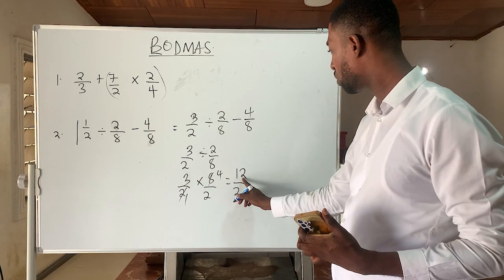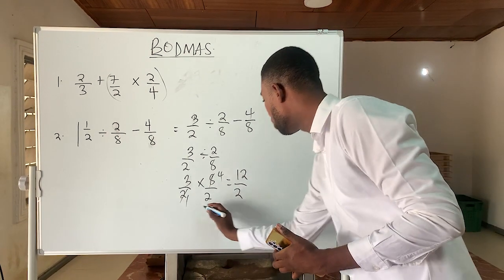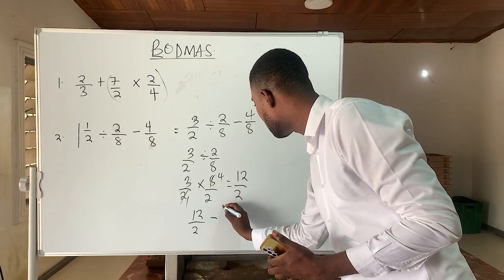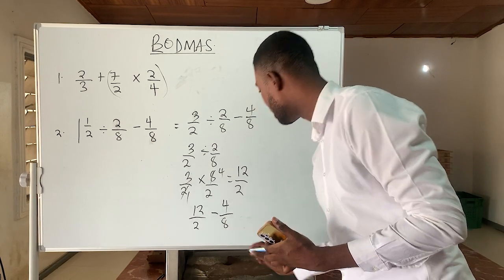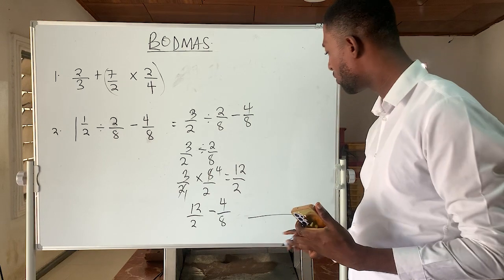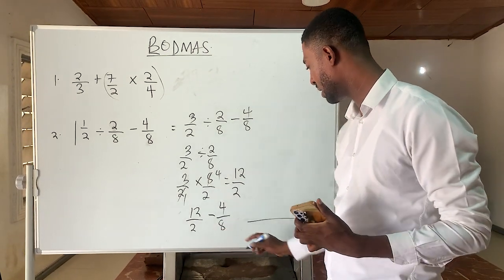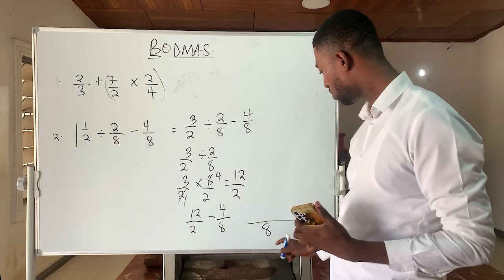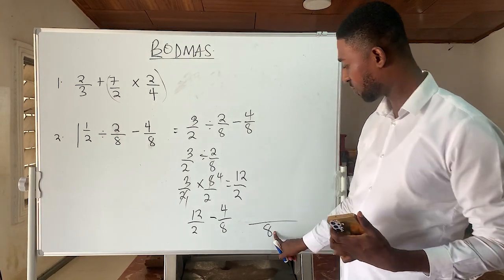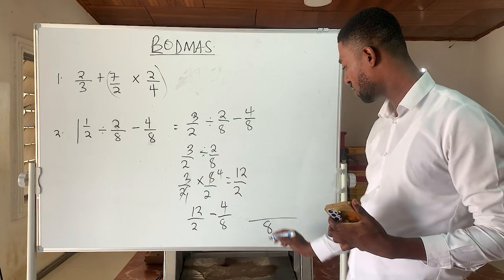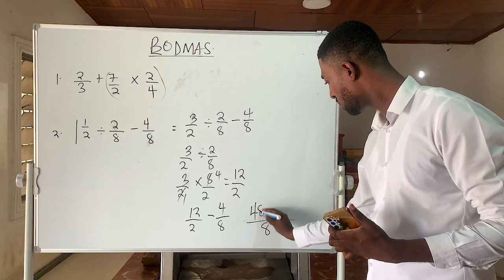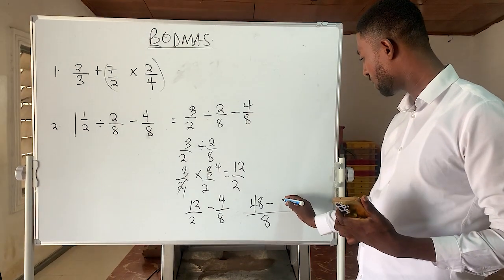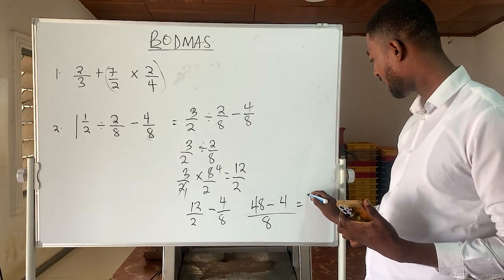So once we have the 12/2, it's now going to produce 12/2 minus 4/8. And in doing so, if you want to find the LCM of 2 and 8, it's going to produce an answer of 8. 2 will go into 8 how many times? 4. 4 times 12 is 48, minus 8 will go into 8 1 times 4, which is 4. So the final answer becomes